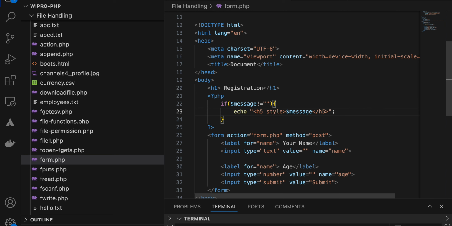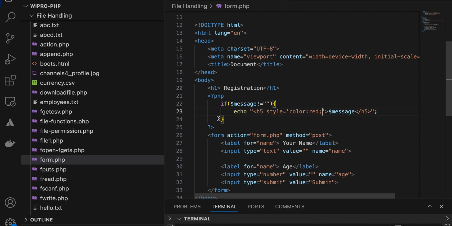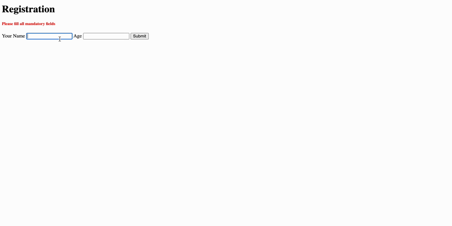Style equal to color red. You see? I can put here J, and just forget to submit age. What is it telling this time? Please fill all mandatory fields. And if I fill all the data, J